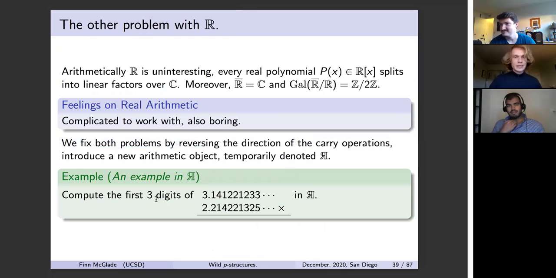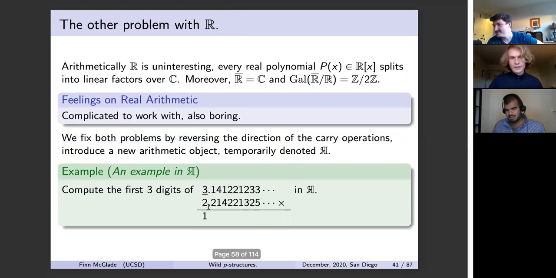And what I want this to be is some arithmetic structure where a calculation like this works. So say I want to add these things mod 5. Well, okay, I want to multiply them actually. So I do 3 times 2, that's a 1 mod 5, carry a 1, but now I carry in the opposite direction. Now I do a 3 times 2, that's a 6, add 1, I get a 2, carry a 1. Okay, and so you see, I'm interested in 3 digits, and I'm only going to calculate things to 3